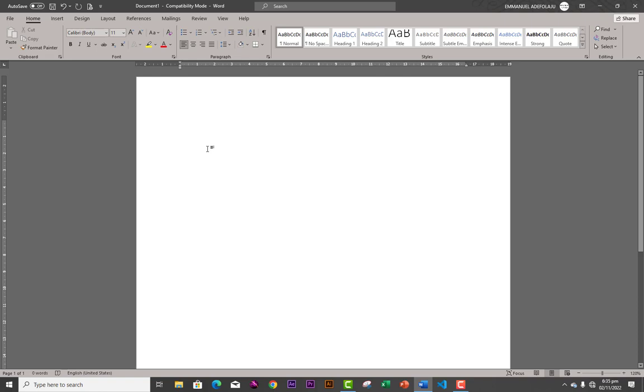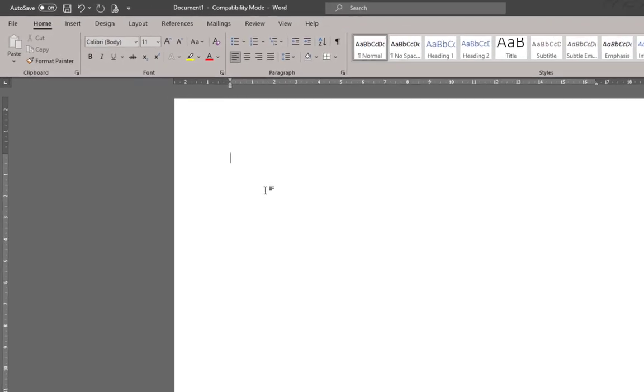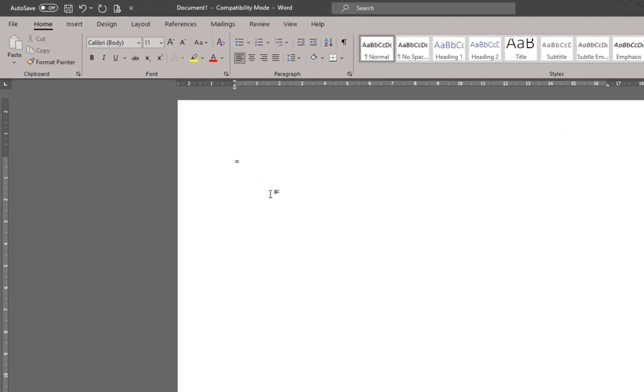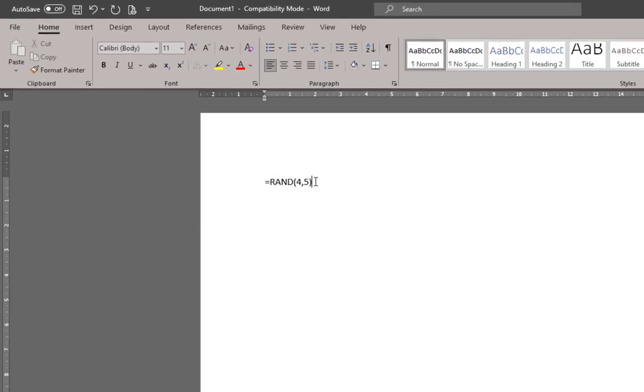The first one I want you to learn, if you will need this, is how to generate random text in Microsoft Word. To generate random text, you enter equals, and you type rand, open and close a bracket, and type the number of paragraphs that you want. Let's say I want 4 paragraphs, and I want each of my paragraphs to have 5 lines. Once you are through, make sure that your cursor is after the close bracket,